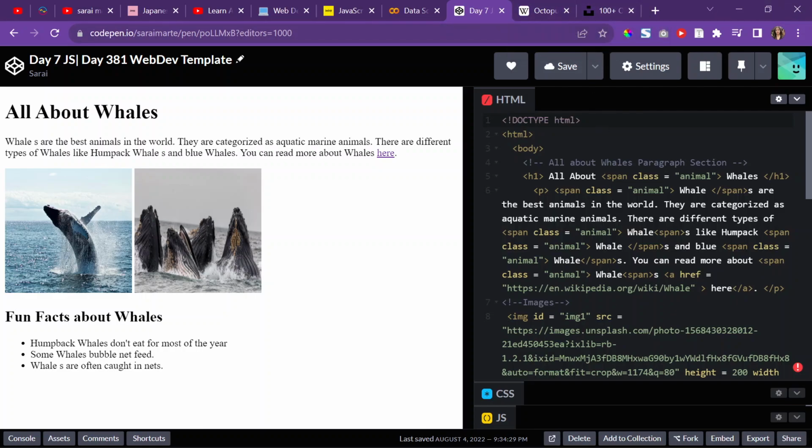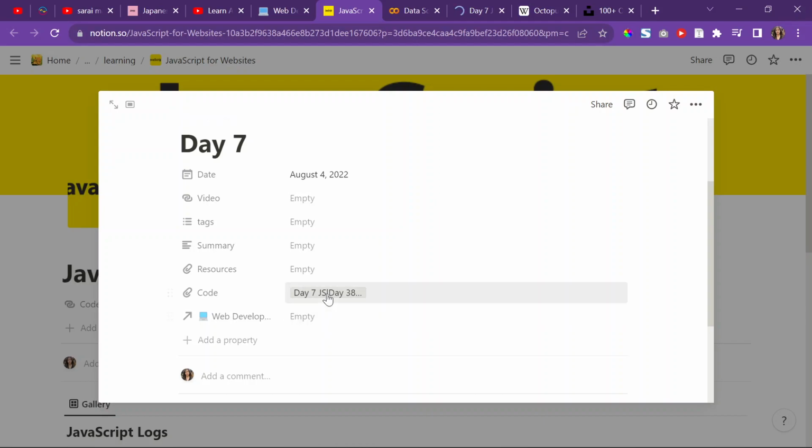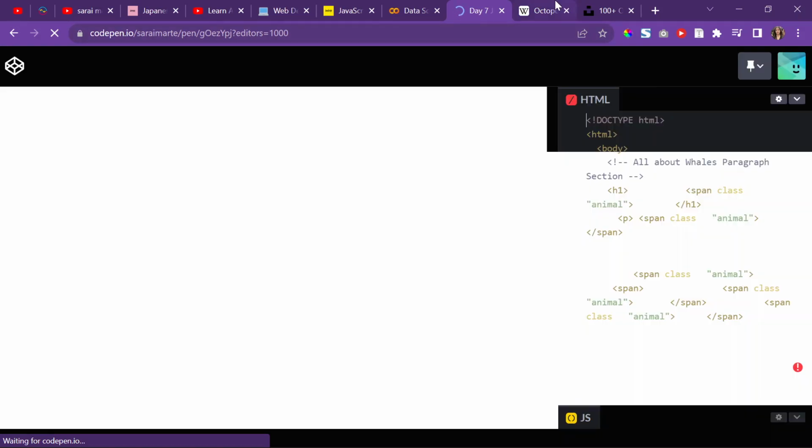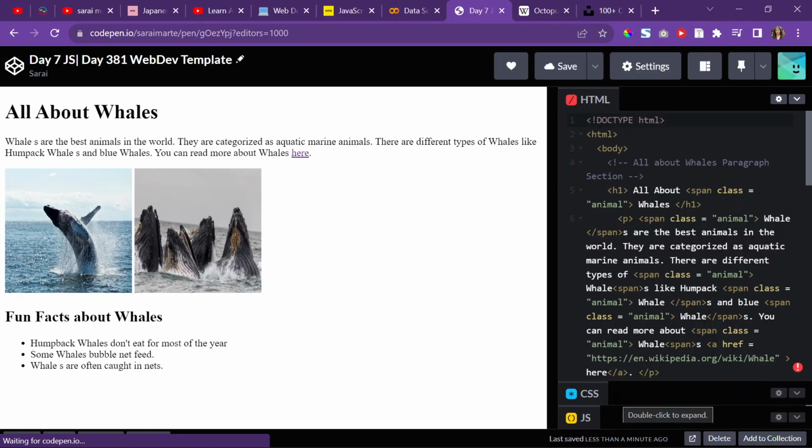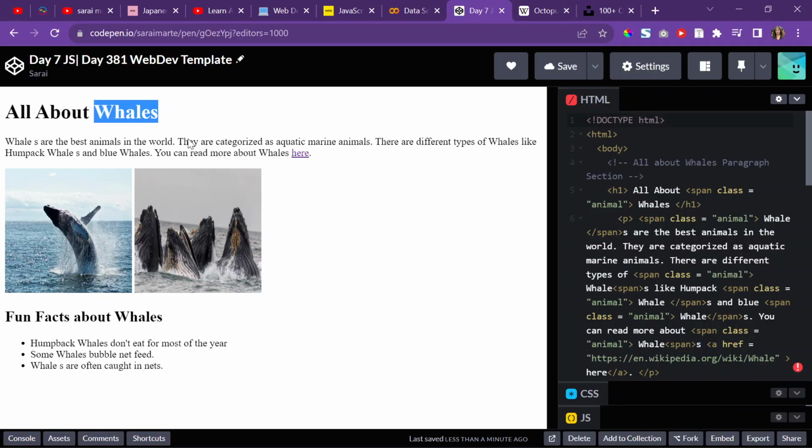Okay. So I'm just going to go ahead and fork this template. Let's see, and the link to the template would be here, right, in JS. So I'll fork, and that's going to make a copy. All right, so start with changing the text. So every time it mentions whales, I'll basically change it to